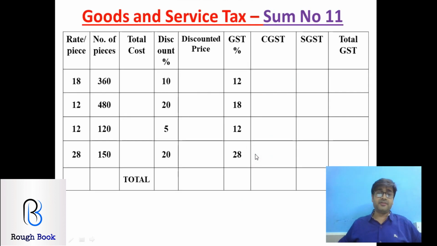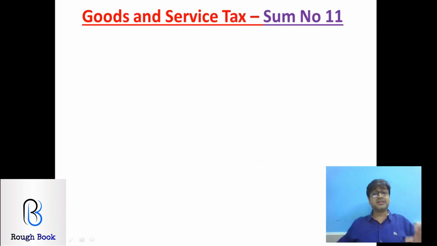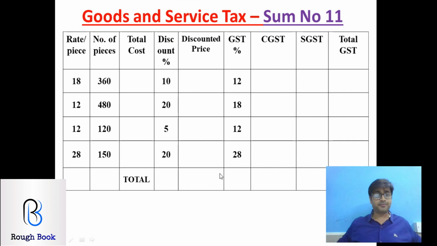Sum number 11. Come on, everyone try it. I want everyone to get this one correct. Okay, this is a slightly lengthy question. That's why I picked it up. Here you can see different GST rates for different items. Not only that, different discount rates also. So I'm putting the table on the board. Yeah, board is my habit to say, but on the screen, I'm so sorry.